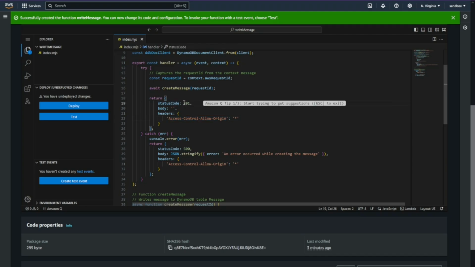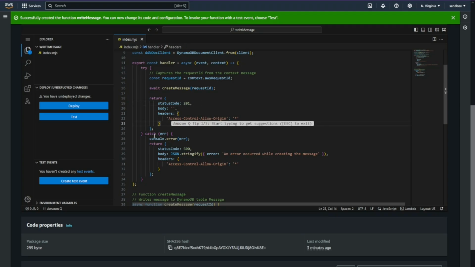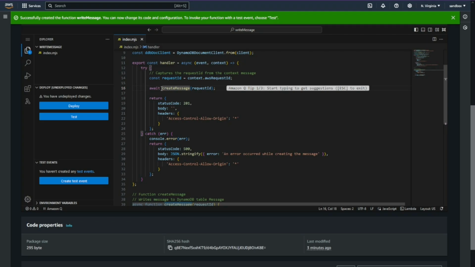201 means that something was successfully created and there's no body with it. Otherwise, if it errors, we're going to throw a 500 error code and it's going to let us know there was an error when we were trying to create this message. So when we look at our createMessage function,